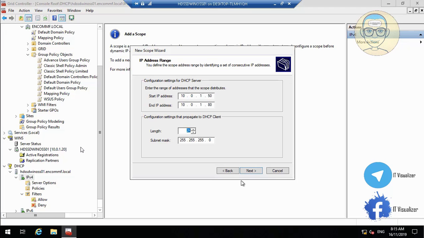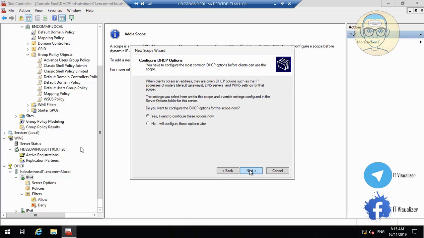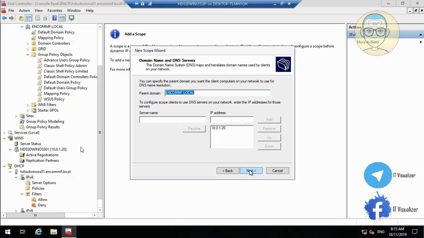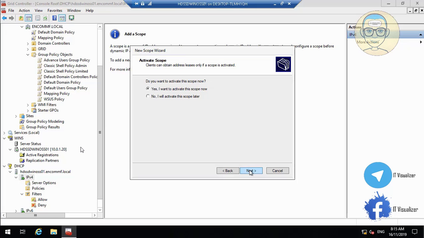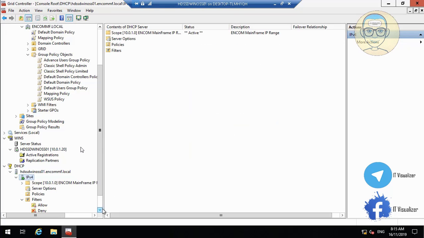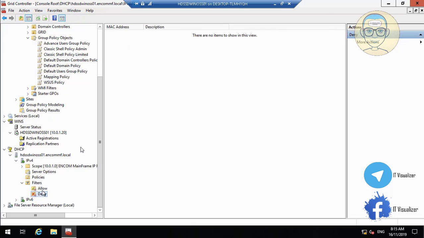So the subnet mask is 24 bit, and this is 255.255.255, and then next, and then we need to configure. Then we don't have a gateway, and we have a DNS and a WINS. This domain controller is DNS and WINS as well. So this server is a domain controller and DNS server and WINS server, and then we will enable two